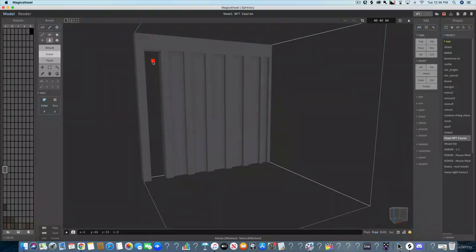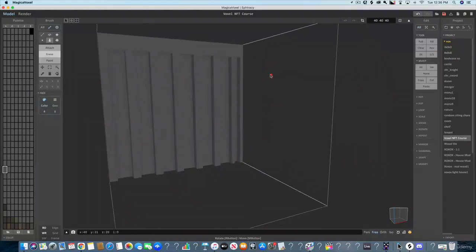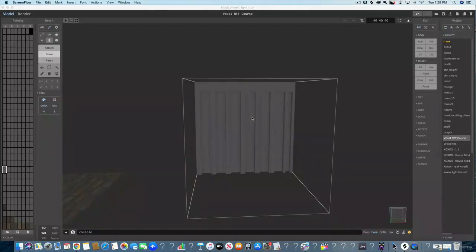So let's bring that back. Command Z or Control Z if you're on Windows. And we're going to do that same thing to each one of these. So 1, 1, 1, 1, 1, 1. Okay, so now that we have that part out the way, what we're going to do next is to start